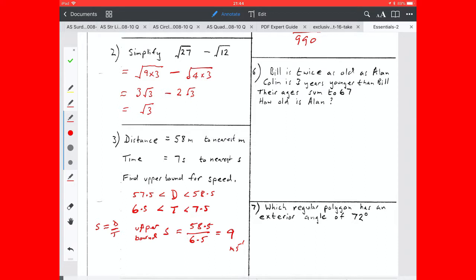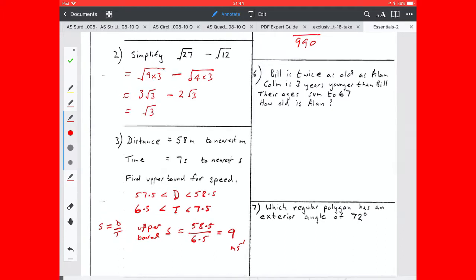Question 6. Bill is twice as old as Alan. Colin is 3 years younger than Bill. Their ages sum to 67. How old is Alan? Well, it's usually easiest to let the youngest one be x in these kinds of problems. So if we let Alan be x,